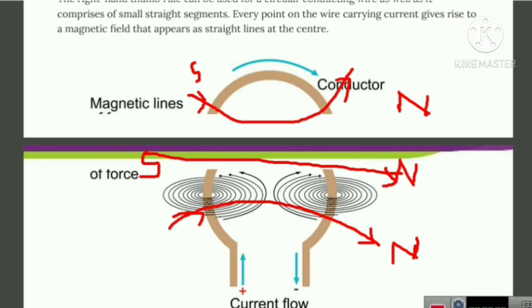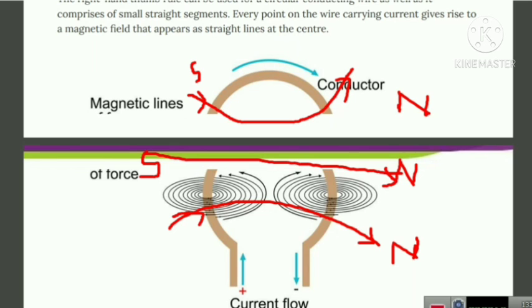Now by the time we reach the center, the arcs of these big circles appear like a straight line, but every point of this current carrying circular loop gives rise to a magnetic field, which appears circular, and these are concentric circles. By applying the right hand rule, it is easy to check that every section of the wire contributes to the magnetic field lines in the same direction within the loop. Within this loop, it is looking like the same direction.